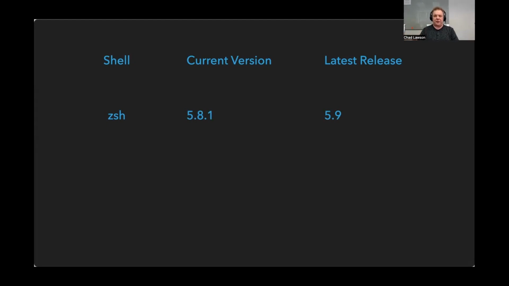So that puts us pretty up to date with when Ventura came out, Z shell was the most recent version. To contrast that, Bash, the version on my computer, is 3.2.57, the last one under GPL 2, whereas the latest release is now 5.2, two whole major releases forward.